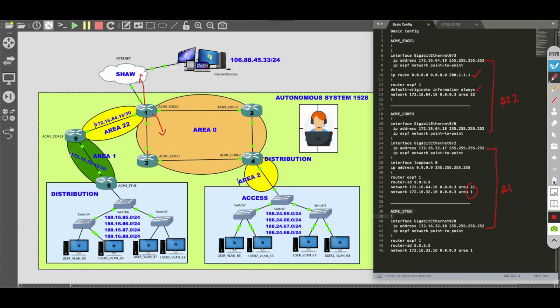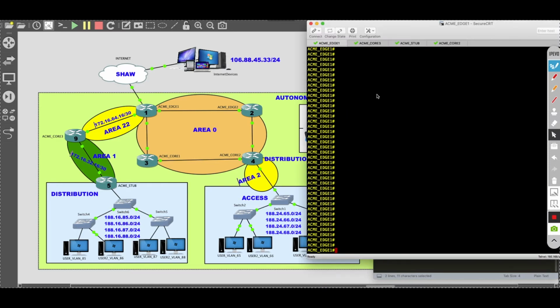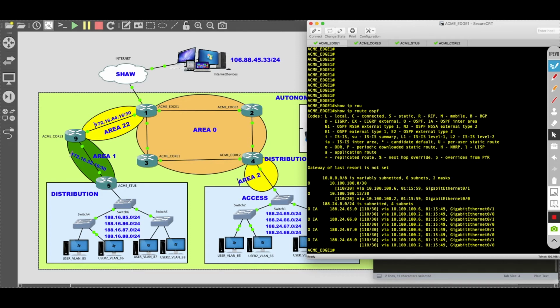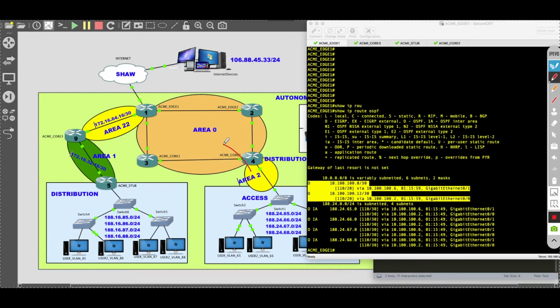Now, I've already applied this configuration, so I just want to take a look at how the network is actually behaving now. To do that, I want to go into Acme Edge 1 and show you a couple things. If I do a show ip route ospf, you can see that I am receiving OSPF updates, but the OSPF updates that this particular router is receiving are the LSAs that pertain to the area that he's in, which is Area 0, and he's also receiving the LSAs that are coming from Area 2. You see this from the IP addresses here of 188.24.65, which are properly being announced into Area 0 and being collected by Acme Edge 1